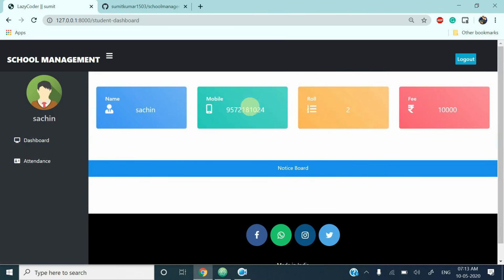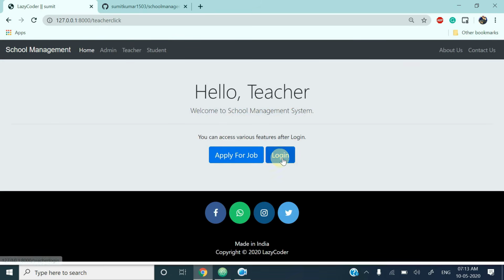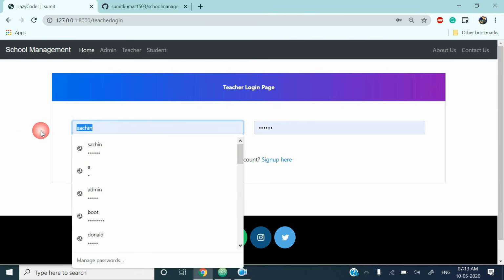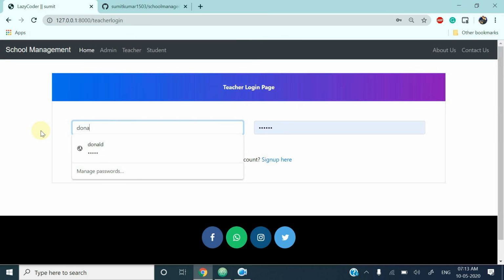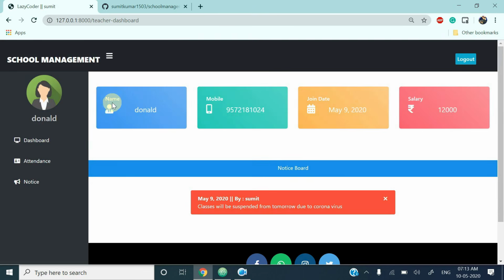Now we will log in as a teacher and see the functionality of teacher. So let's log out from the student account. Here you can see that the dashboard is showing the details of Donald Trump, that is the teacher.